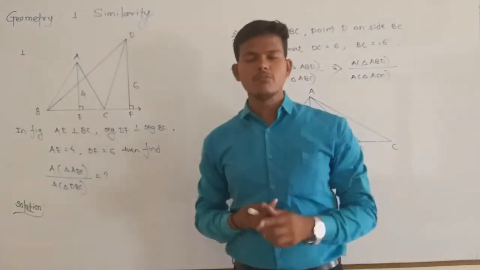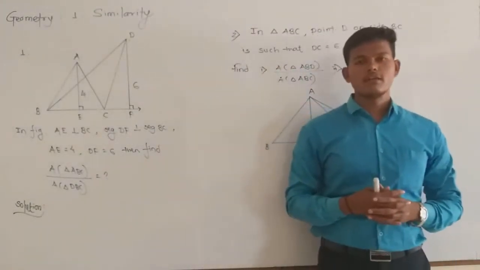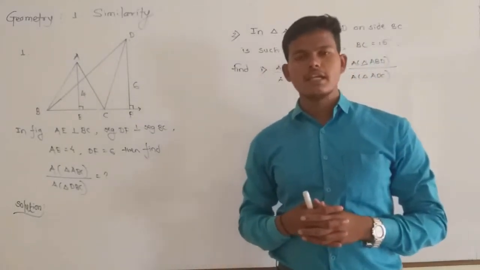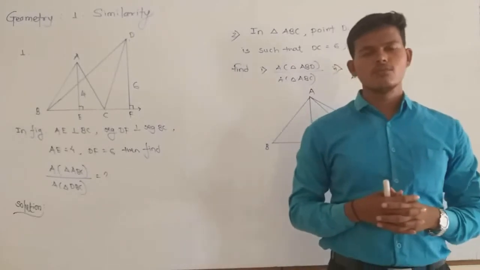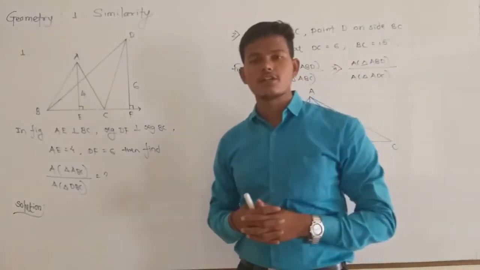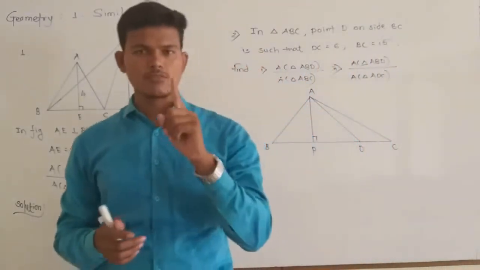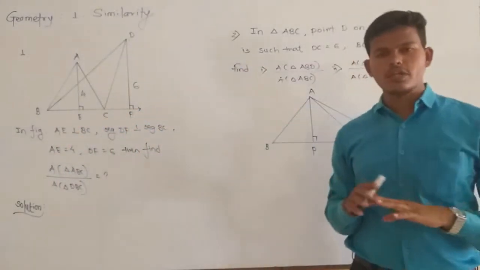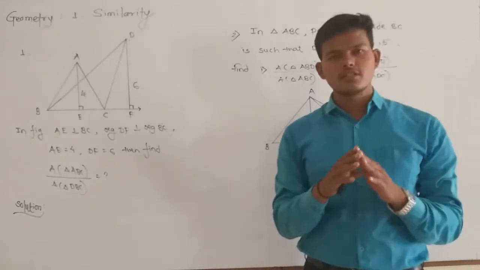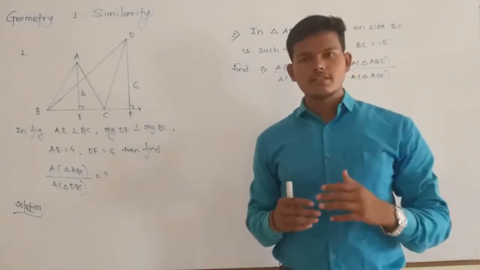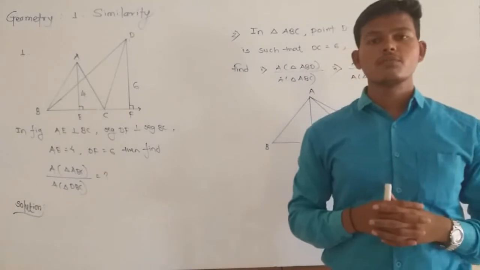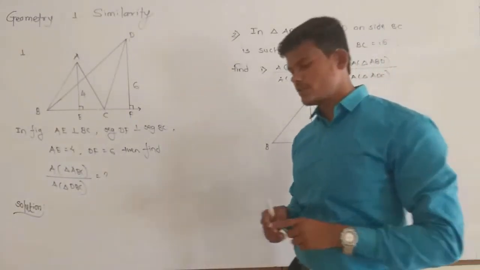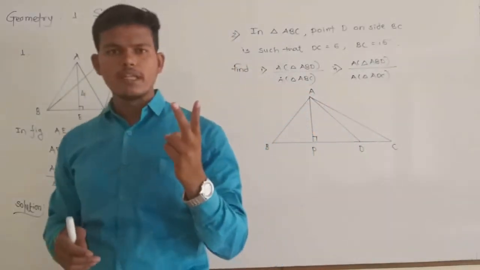The first main property is, if two triangles have different heights and different bases, then their area is proportional to the ratio of the product of their bases and corresponding heights. That means the first most important property is, if there are two triangles and their heights and bases are different, then the ratio of their areas is the product of their bases and corresponding heights. And for the first property we see two main cases.